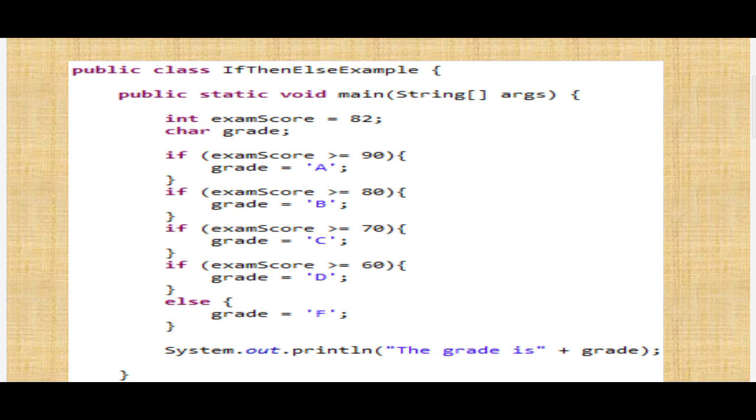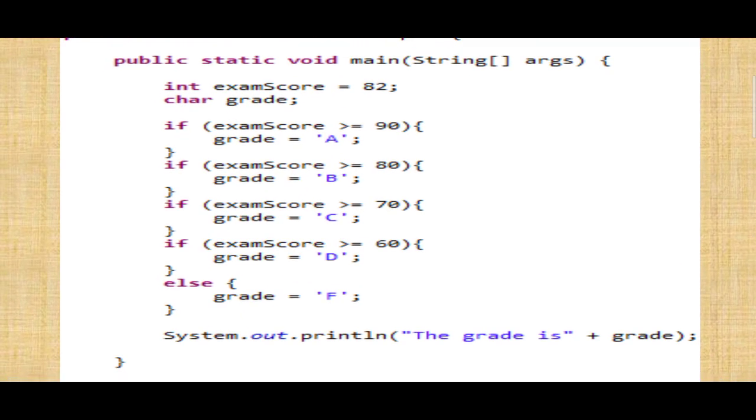The example for if then else. Int exam score is 82, char grade. If exam score is greater than 90, grade A; if exam score is greater than or equal to 80, grade B; 70, grade C; 60, grade D; else grade F. Here the first condition is not satisfied, go to the second; the second condition is not satisfied, go to the third; the third is not satisfied, go to the fourth. If the fourth condition is satisfied, execute the statements.